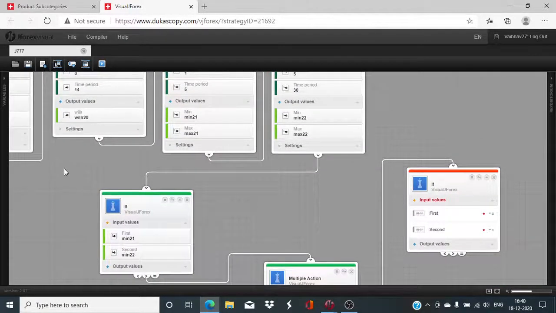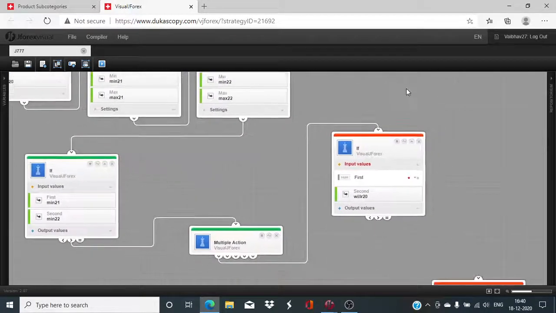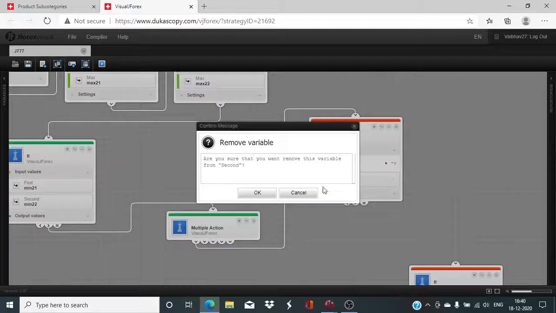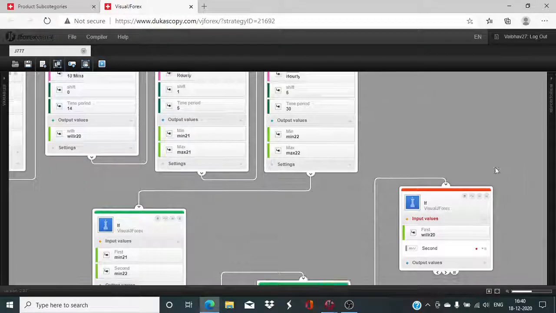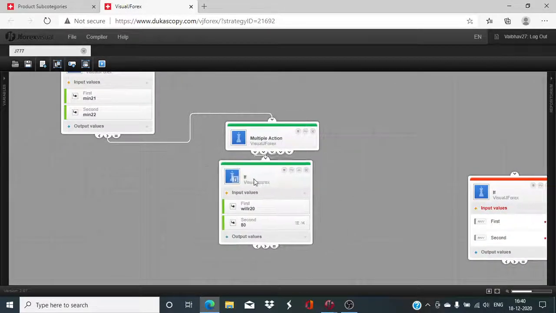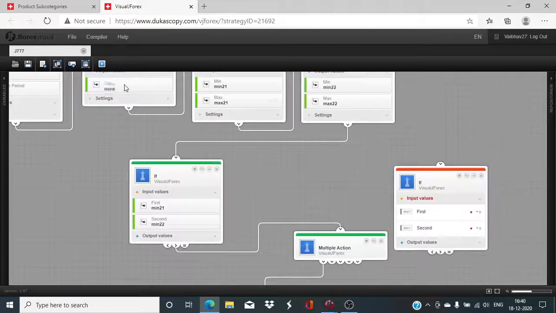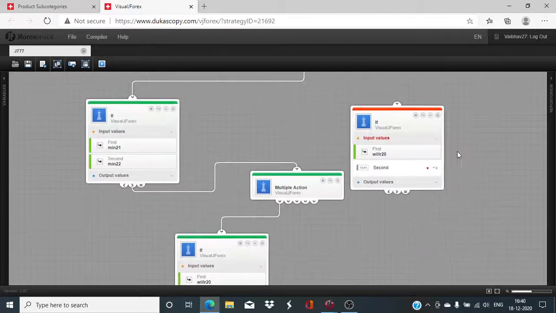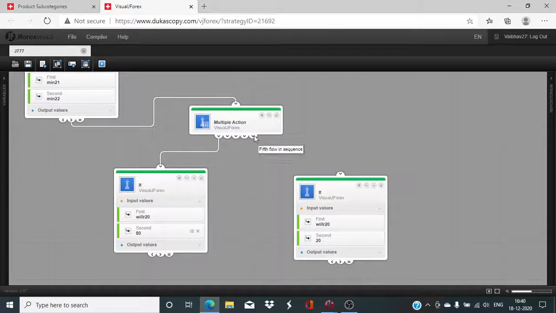If the Williams R value is, we will add it to the first input. If the Williams R value rises above 80, then the buy trade will happen, and if the Williams R value goes below 20, then